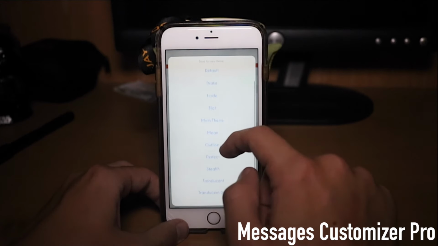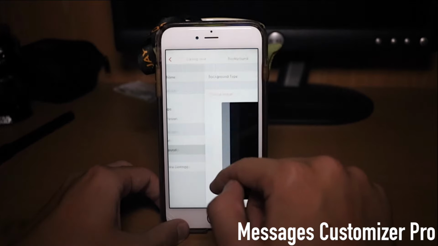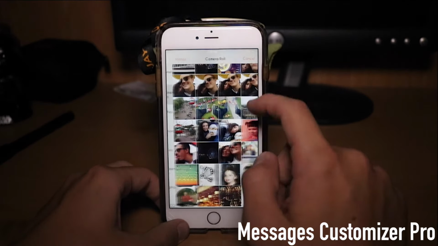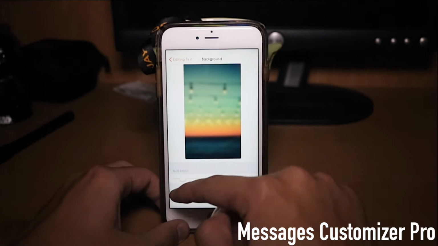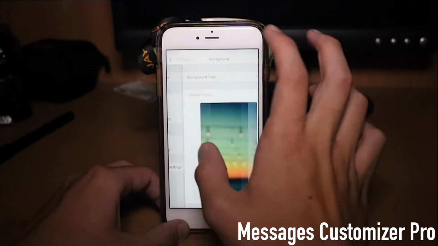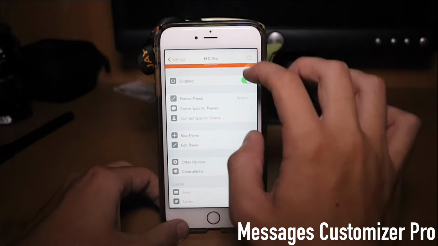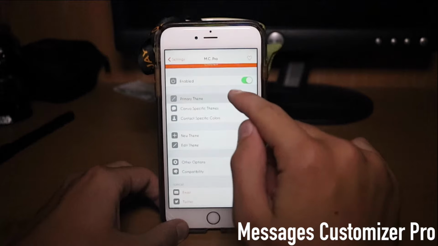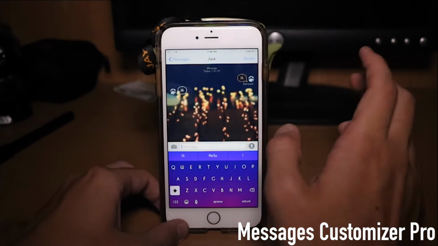I have it called Perfect, I think. Perfect. So then I do this, and then you can change the background if I want. You can choose an image, or I can do just a flat color as well. Let's just say I want to do this one, and you can change the blur radius and stuff like that. So then we got to enable it first too. Go to your primary theme and then do test, which is what we just did, and then you go into your messages. Doesn't need a respring,